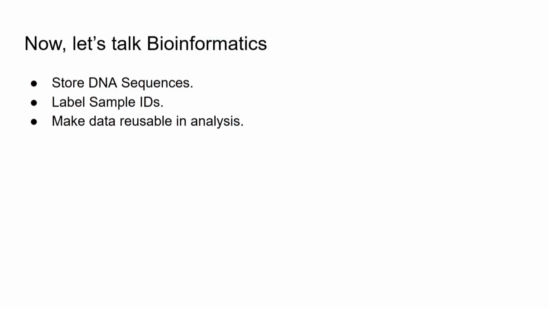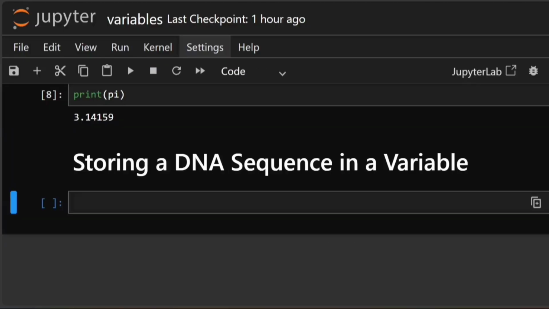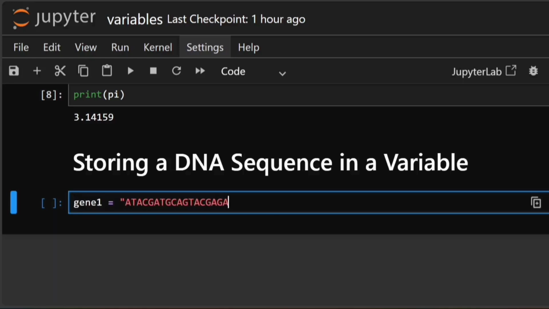Now let's apply this to actual bioinformatics work where variables can help us manage sequence names, gene data, and sample identifiers. Switching back to the Jupyter notebook, let's try storing a DNA sequence in a variable. So I'm typing gene1 equals a random sequence.